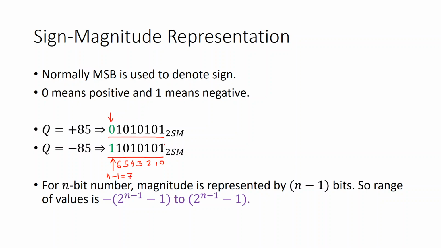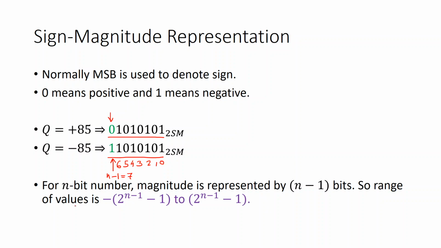This is the n minus 1th position. So for an n bit number, how many bits are taken to represent the magnitude? N minus 1, not n. Okay, because this nth bit is for your sign, but this nth bit is in position number n minus 1, and in the n minus 1 remaining bits, what is the maximum position number? N minus 2. N minus 2 is the maximum position number.